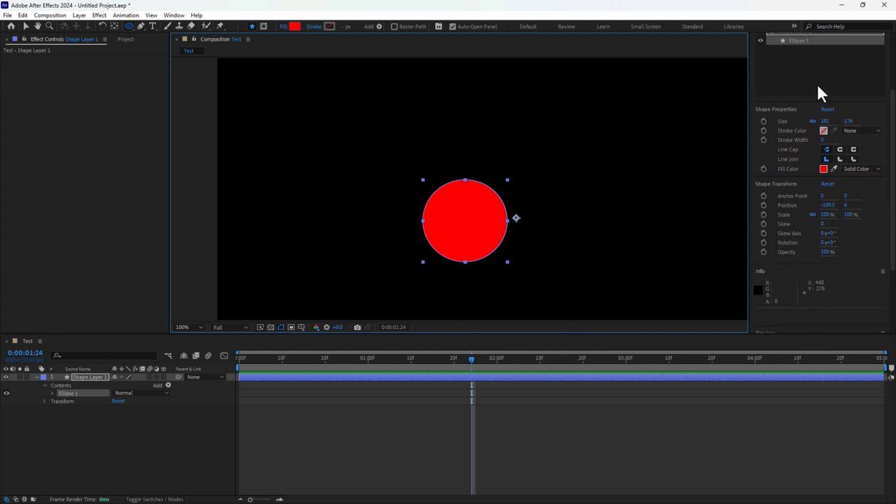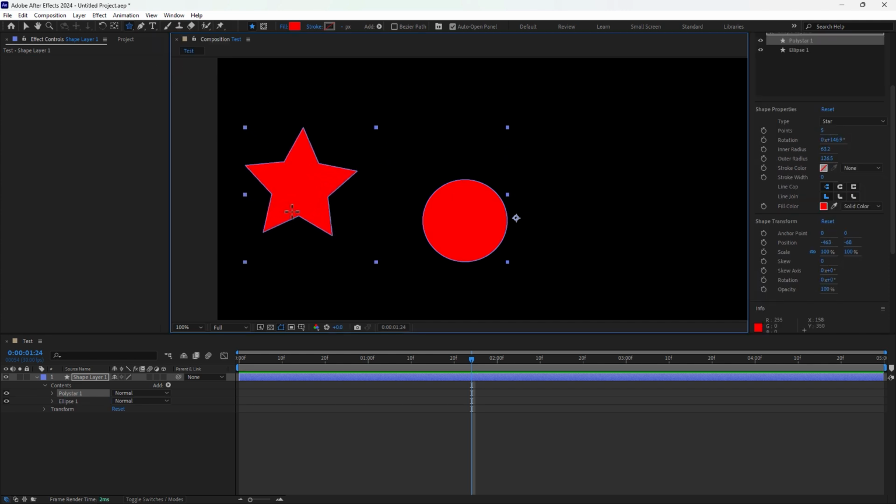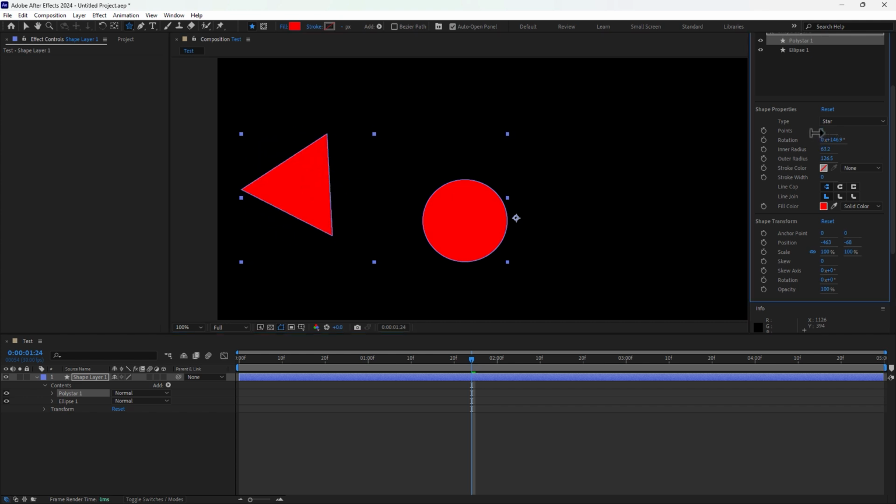Control the size, control the stroke of the shapes, control the design of the stroke lines, and the opacity and the color. If you need to create another type of shape, create a star and control it from here: star points, inner radius,